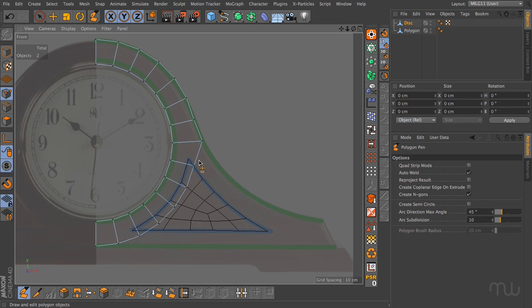I don't really want to do that because I don't want this to start happening, where everything starts getting stretched out and stretched out. I want to keep control of this. So what I'm going to do